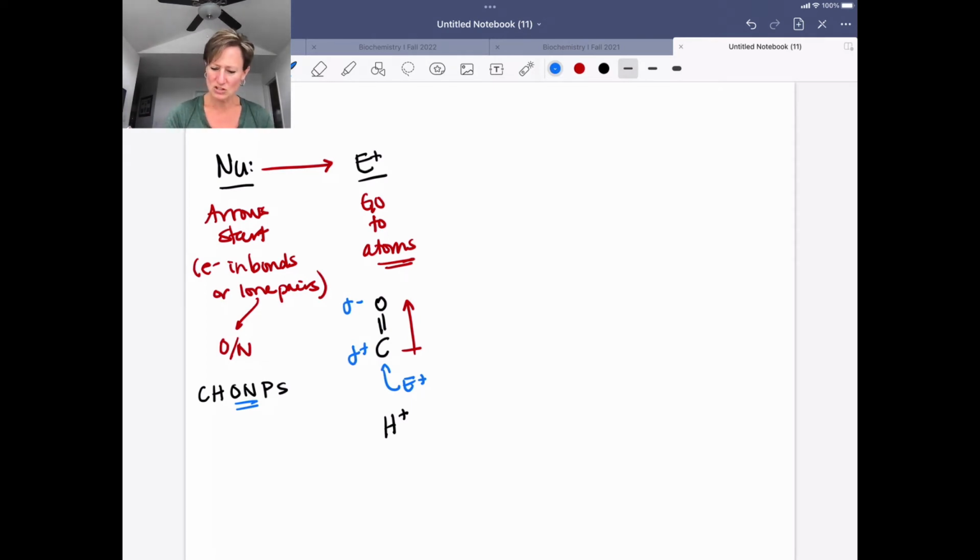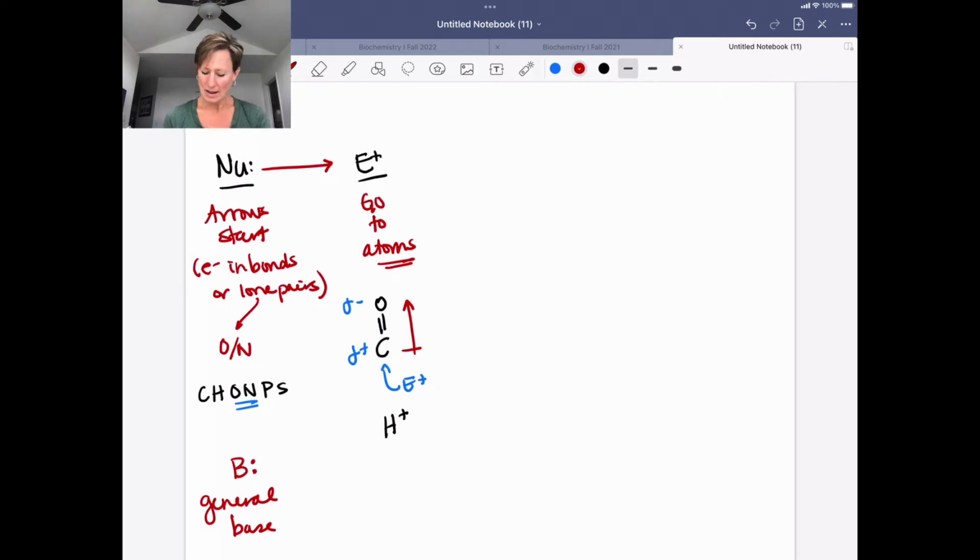So one other thing to highlight, and I encourage you to sooner rather than later start using these when you do your mechanisms. Rather than using water, even though you can use water as a base or an acid, use this guy, B with a dot. This is what we call a general base. Nucleophiles are bases, so this is something that can easily grab